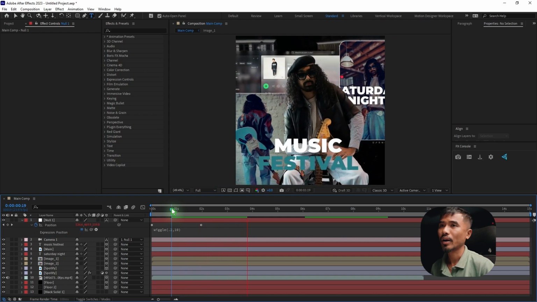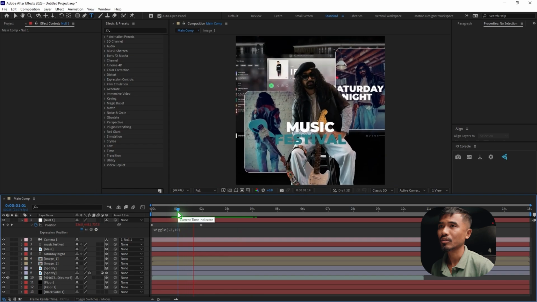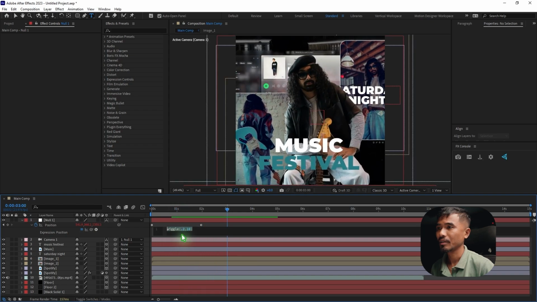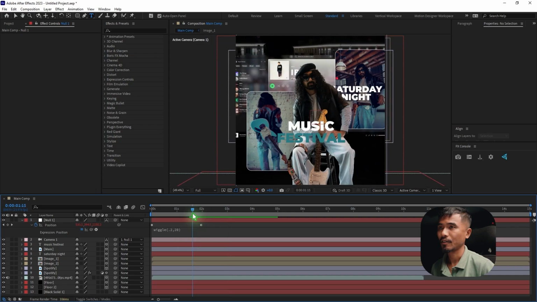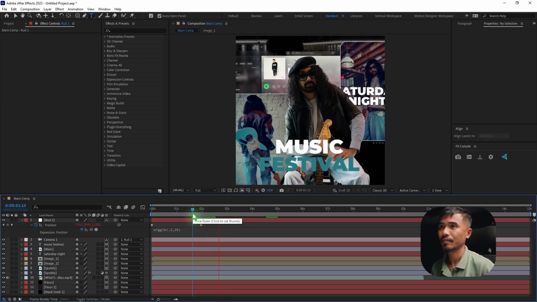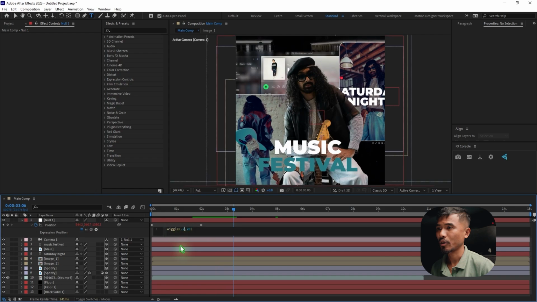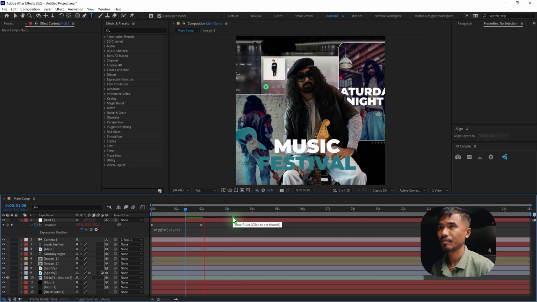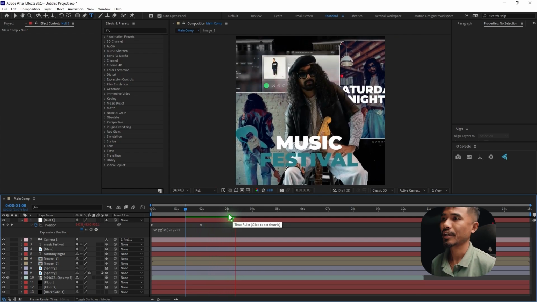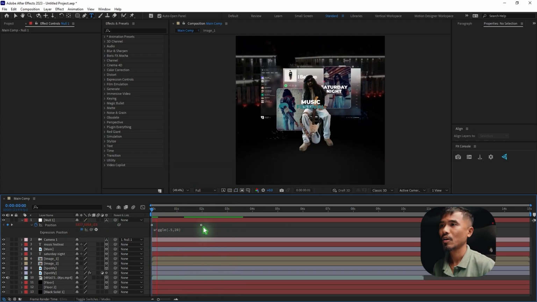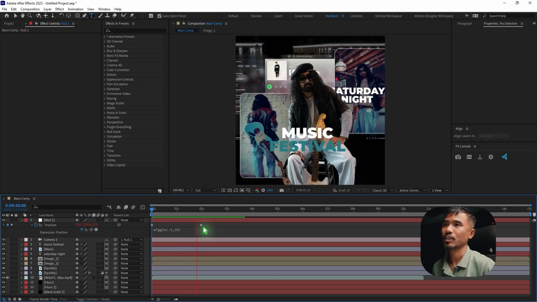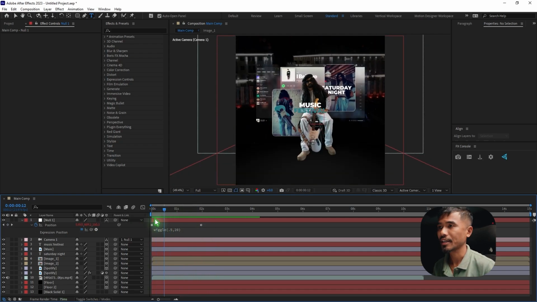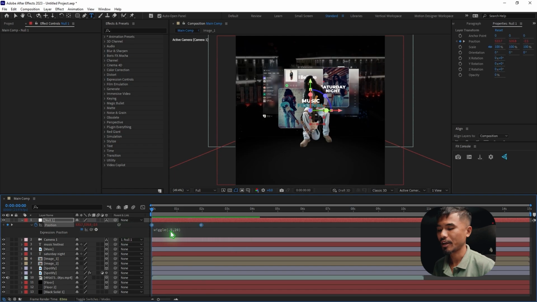I think that's quite enough for this, or maybe we can increase it. Maybe we're gonna make this 20, or let's see, maybe 0.5 and 20. All right, I think that's pretty nice for now. If needed, we can adjust it later on. So that's quite nice. And I'm gonna select all the keyframes of this null, hit F9 for easy ease, go